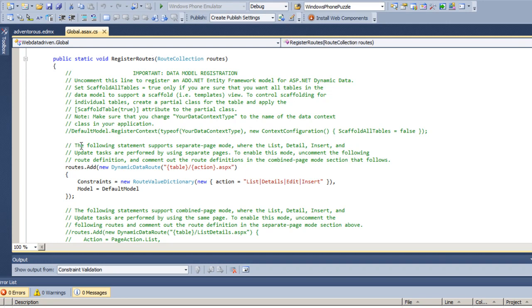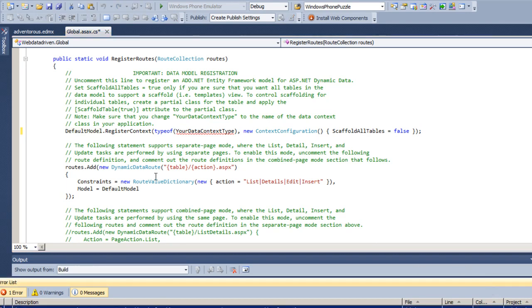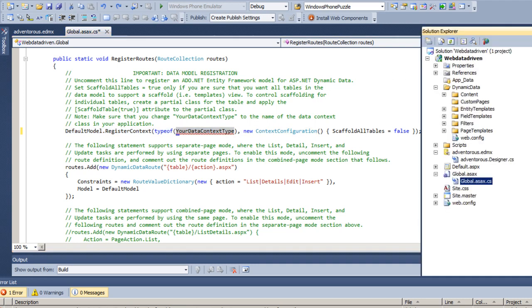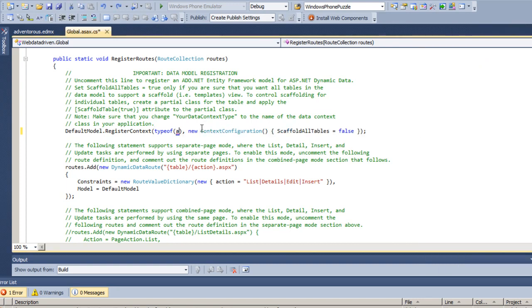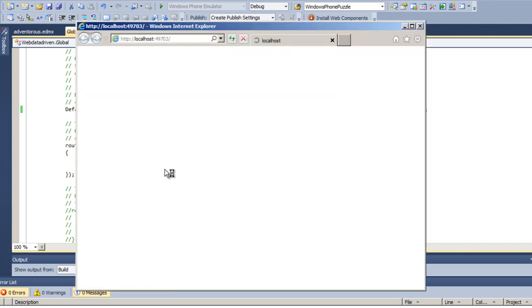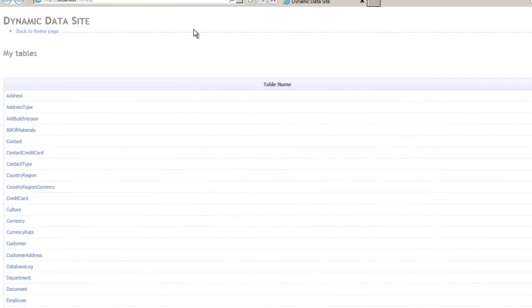We should uncomment the RegisterContext line. This line is used to register the Entity Framework data context. So here you should put our data context, that is AdventureWorksEntities. Now this property you should turn to true. This property allows the end user to see the entities. Here you have the head of the dynamic route, and that's all. Let's run our application, and here you have a fresh new